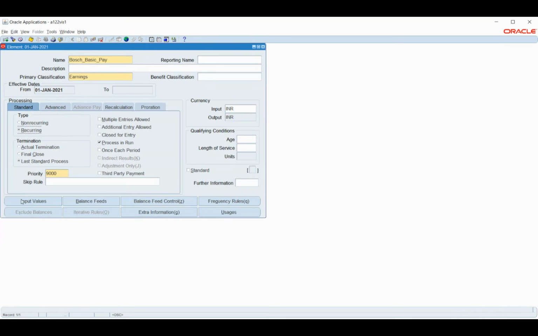Okay. So input value, that is how much I need to pay, I'm not entering at this point, because not all employees will have a standard or constant value to be paid out. So I'll enter the values when I'm attaching the element to the employee, and then we will run the payroll. For now I'm not giving the values. I'm just creating this element stating that it's an earnings. Similarly, I'll create probably two more earnings as well.